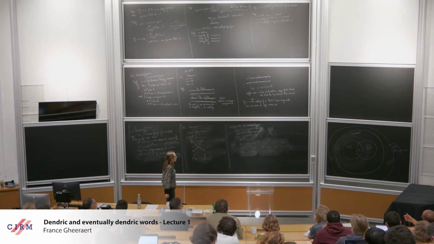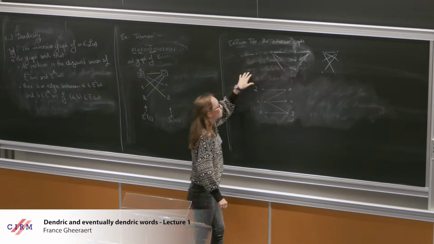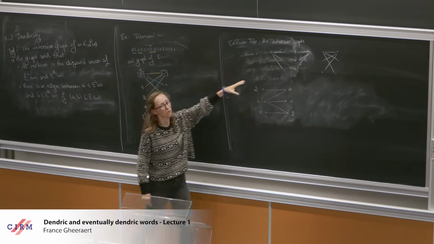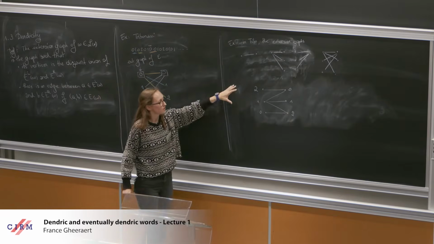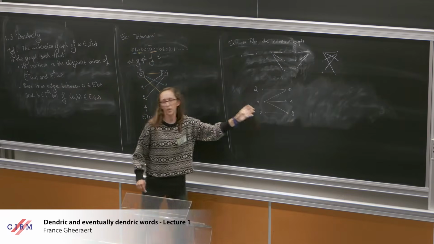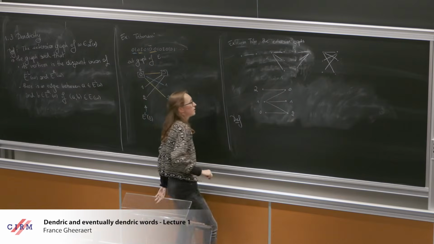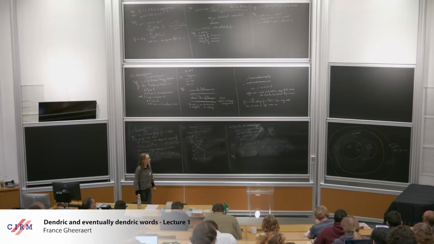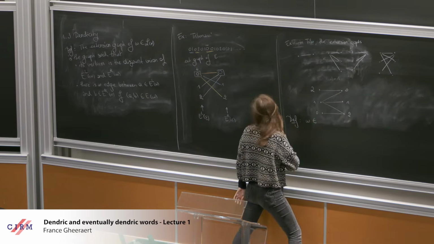Okay? So what you can see here is that in both cases, the graphs are very particular. So for Fibonacci, the graphs always look like that, and more generally for Arnold-Rosie, they will always look like that, but maybe with more vertices. And for interval exchanges, they can be represented in a way that the edges don't cross. And a common property of that is that in both cases, these graphs are trees. So they are connected and no cycle. Okay, so this is the reason for this definition.